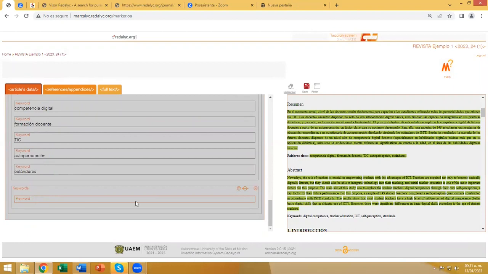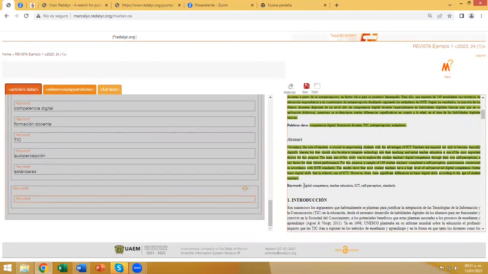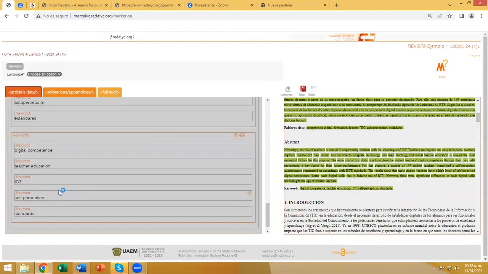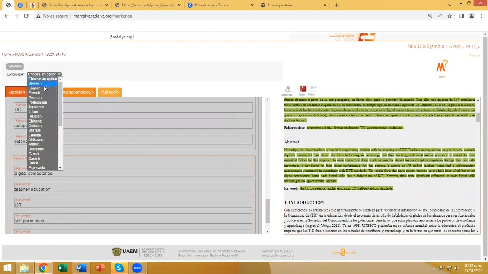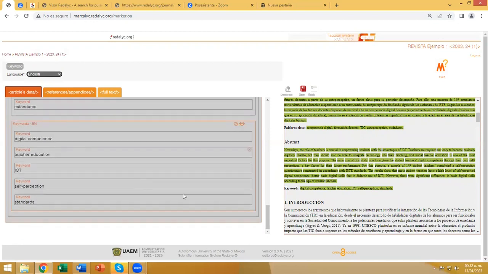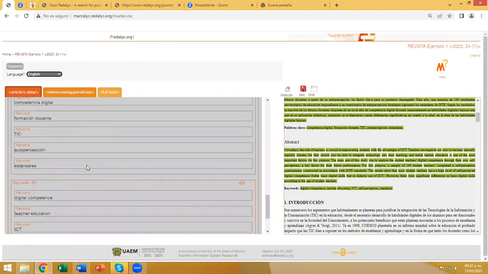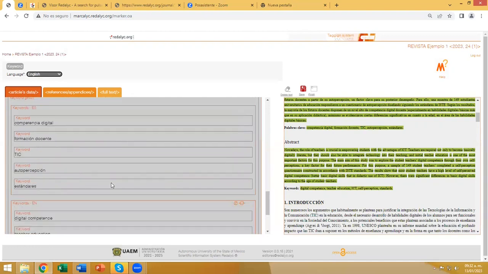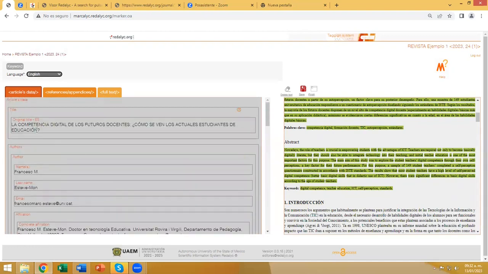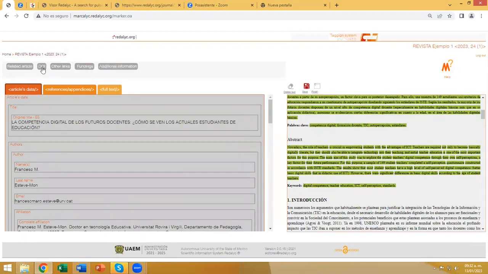group, and the keywords in another language. We select them and they will be added. Okay, language, English. And now we have the abstracts and the keywords. Okay, what more information can we have in this part that is the articles data? We click on the major label articles data here, and these are the options that Marcalyc gives us in this